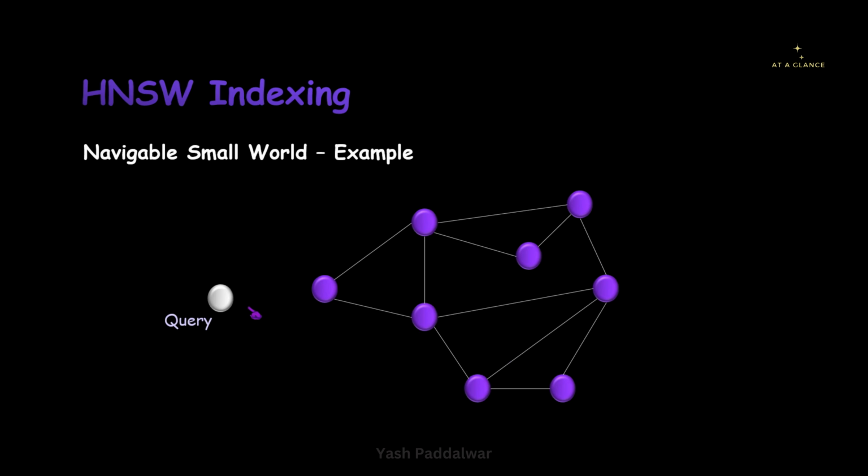We can initiate the search operation for this query vector from any one of the nodes present inside the Navigable Small World. Let's say we start the search from this particular node. Whenever we start the search, the node from where the search starts is first termed the current node. Let's keep this document vector as the current node so that we can compare the similarity between the query vector and this current node vector. Note one thing: we are going to find the similarity between the current node and the query vector.